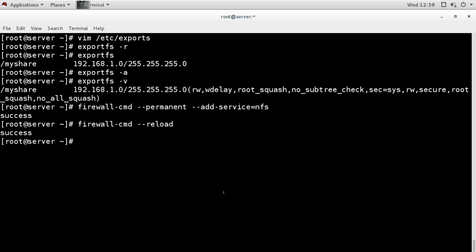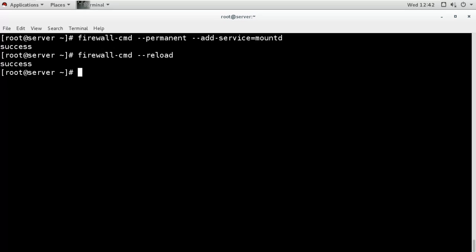Now my firewall is allowing it, and now we can check from the client. So from the firewall we have to enable the NFS service first. Then we have to enable rpc-bind also on the firewall, and then after rpc-bind we have to enable mountd. After enabling all these three services, then we can reload the firewall,